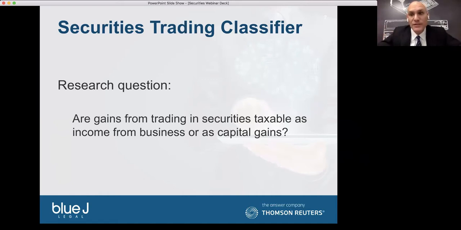In between cases are challenging. So if you buy and hold a basket of securities and sell them after holding them for years, that's clearly going to give rise to a capital gain in the ordinary case. If you're in and out of the market hundreds of times a day, that's typically going to give rise to business income. And so it's in between those extremes that we get really challenging cases.